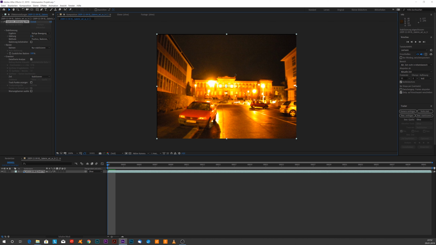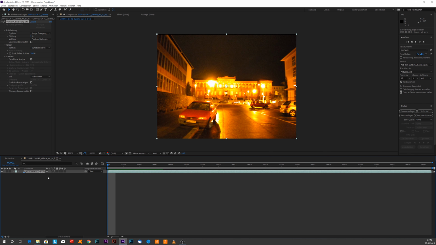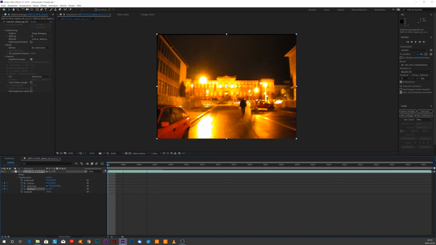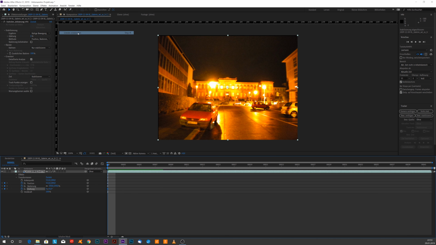And if you're done with that, you go just down here, press the little triangle and then go to transformation and activate 1, 2 and 3. This is position, scaling and rotation. And now you go to view and view the lines, and then you drag them and drop them here, and now just